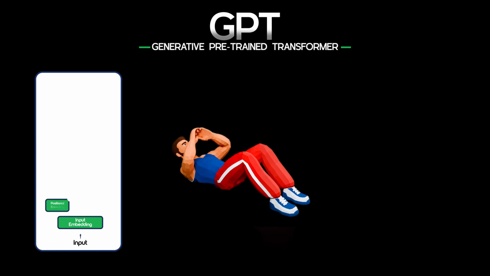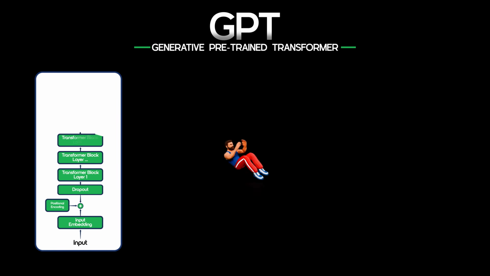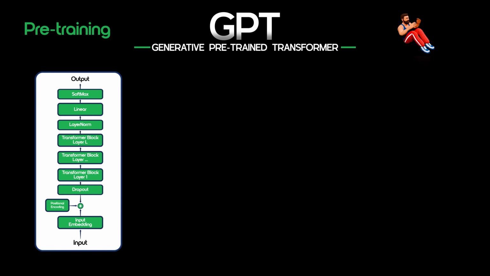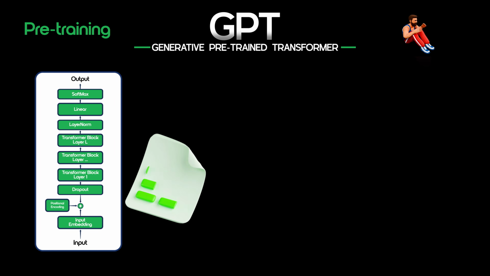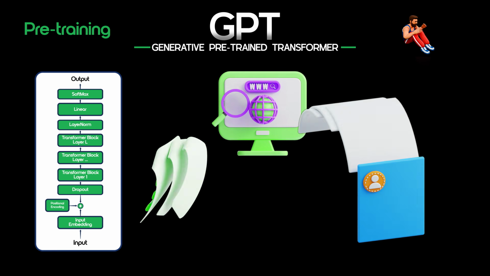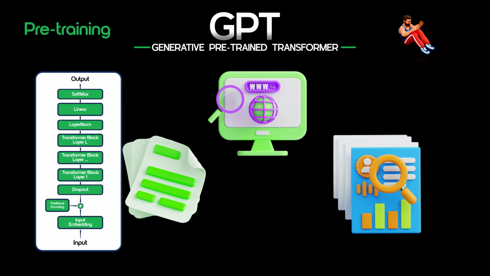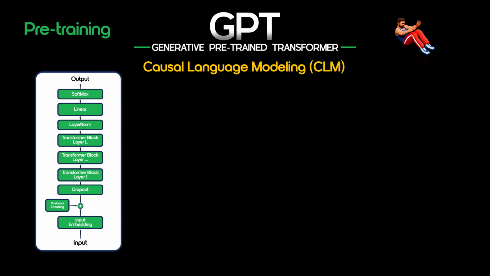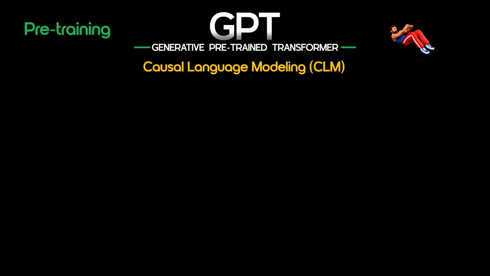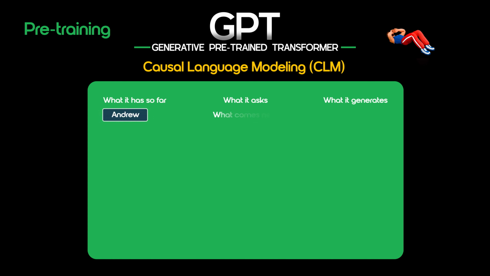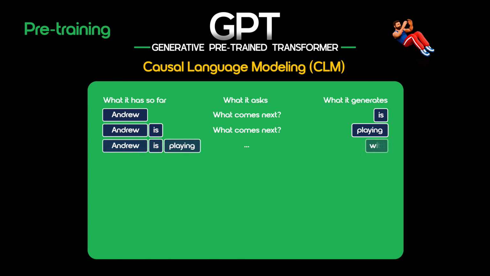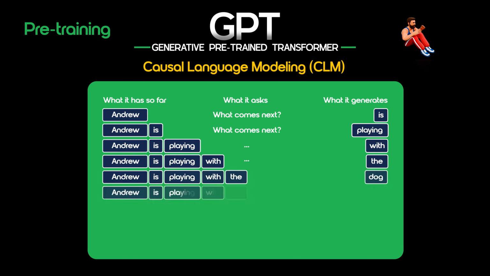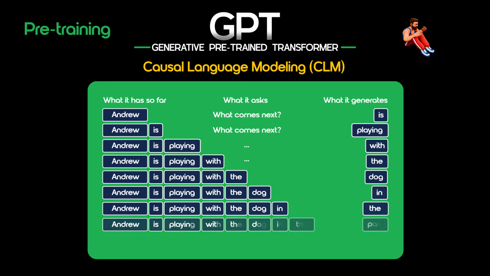GPT is trained in two main stages using large-scale text data. First stage is pre-training. In this stage, GPT learns the basic structure and patterns of human language by processing massive amounts of text from the internet. Causal language modeling, CLM, is applied here. The model learns to predict the next word in a sentence using only the previous words, not the ones ahead. GPT is an autoregressive model, meaning it generates one token at a time, where each token depends only on the